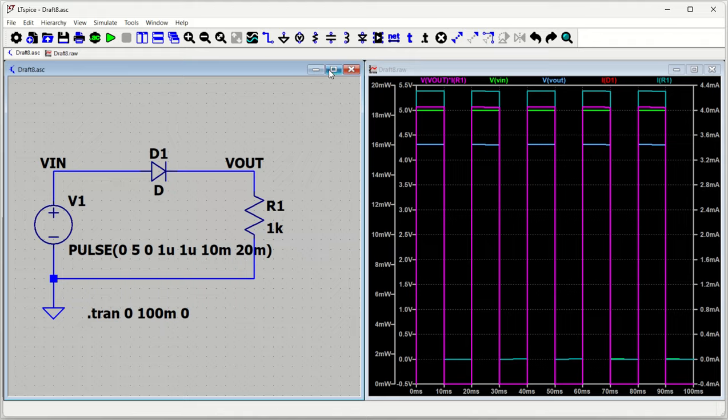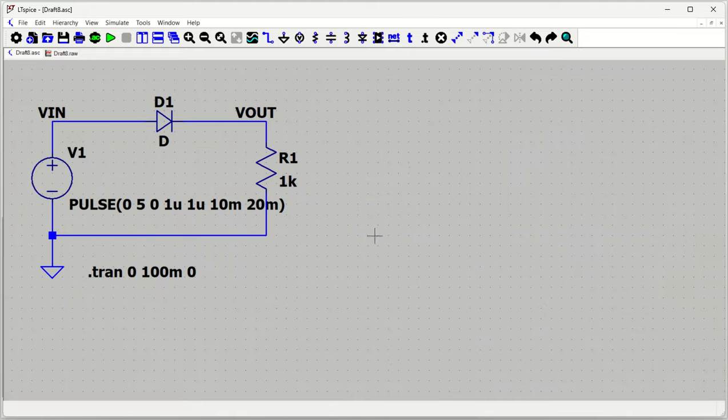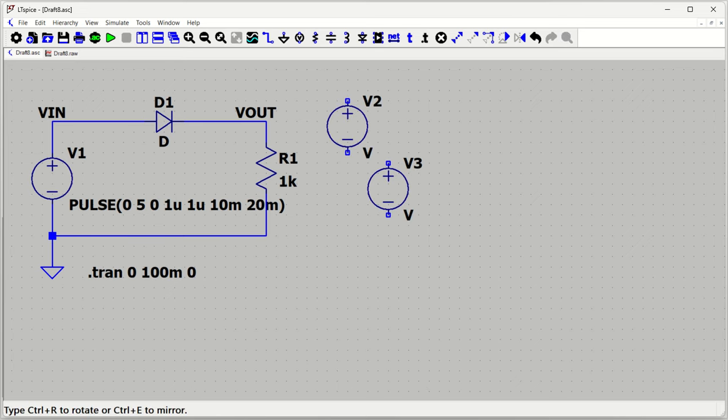Now let me just make it bigger and quickly tell you how to quickly place other parts. Let's say you want to put a voltage source. So voltage source is V. If you press V, you will get a voltage source. If you press G, you will get ground. G for ground, V for voltage source, and then D for diode. Okay, D for diode. Then R for